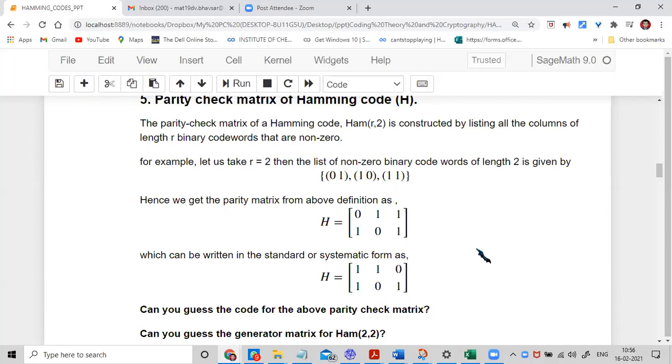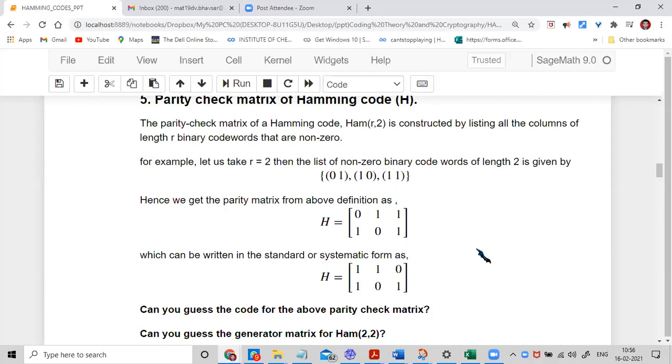Okay, that's okay. But I am asking, thank you Karnika, can you tell in general what is the size of the parity check matrix, not for this example? What is the size? Just the size of the matrix. So n minus k cross n. Very good. Thank you. N minus k cross n.